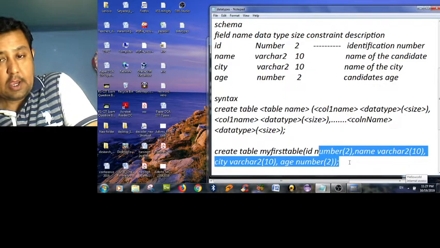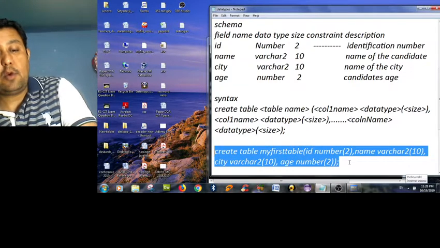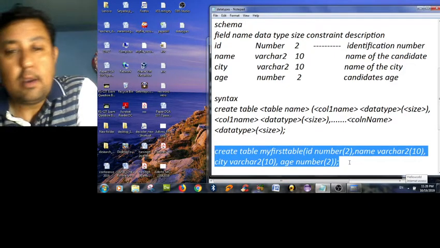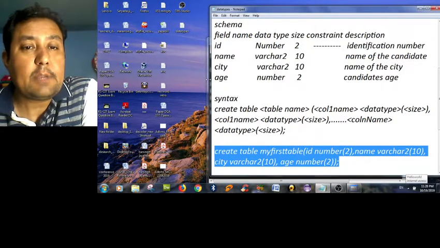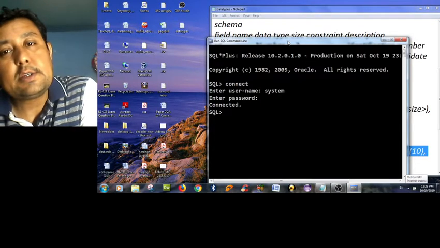Now I'm applying one more thing here. I'm copying this notepad command